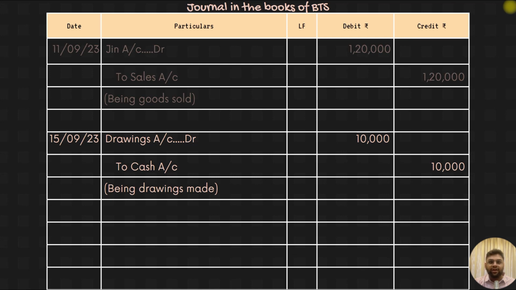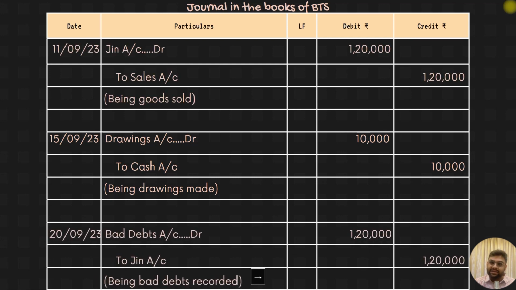The journal entry will look like this. Bad debts account debit to Jin account. Being bad debts recorded. Bad debts is nothing but the loss. Therefore, it is debited because debit all expenses and losses, or expense increase is debit. Jin will be credited because as per the modern approach, asset decrease is credit, or as per the traditional approach,